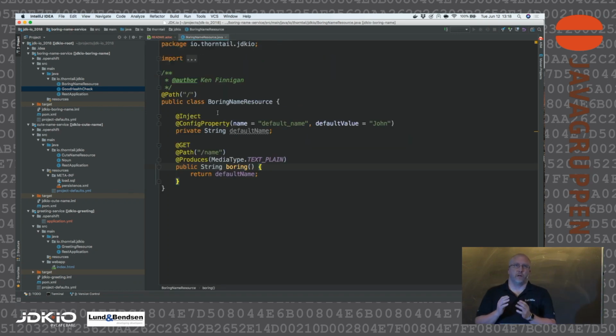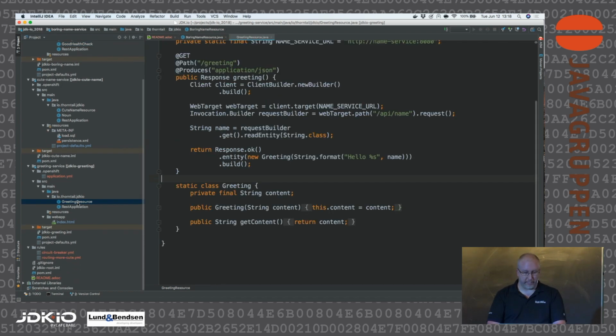So what I've got is just a very simple couple of services. So I have a UI that calls a service to get a greeting, and then this one is what I call a boring name service. So we can see here we're using a MicroProfile config for the injection here. We're defining a config property with a name of default name, and we're saying the default value is John. And then our JAX-RS endpoint just simply returns that name. So it's very basic, nothing too complicated there. On the greeting side of things,